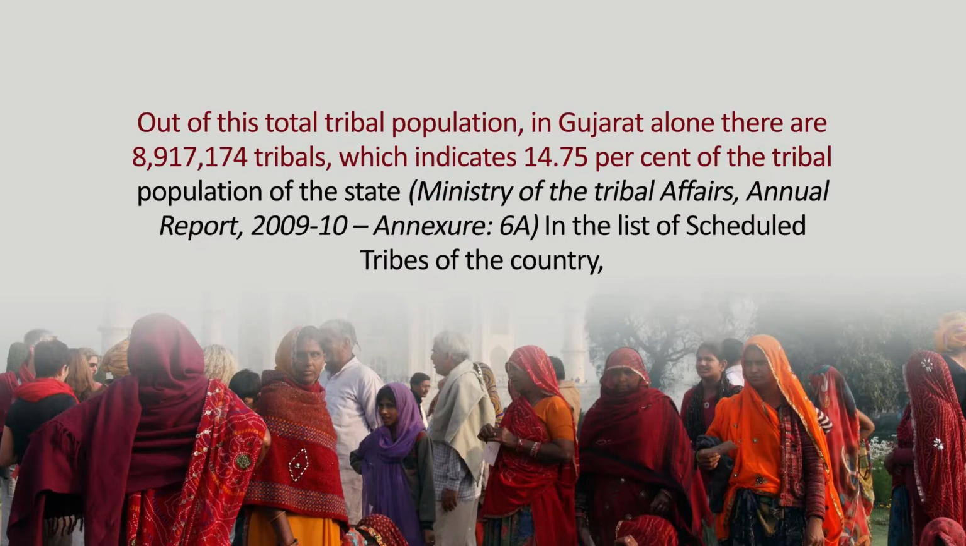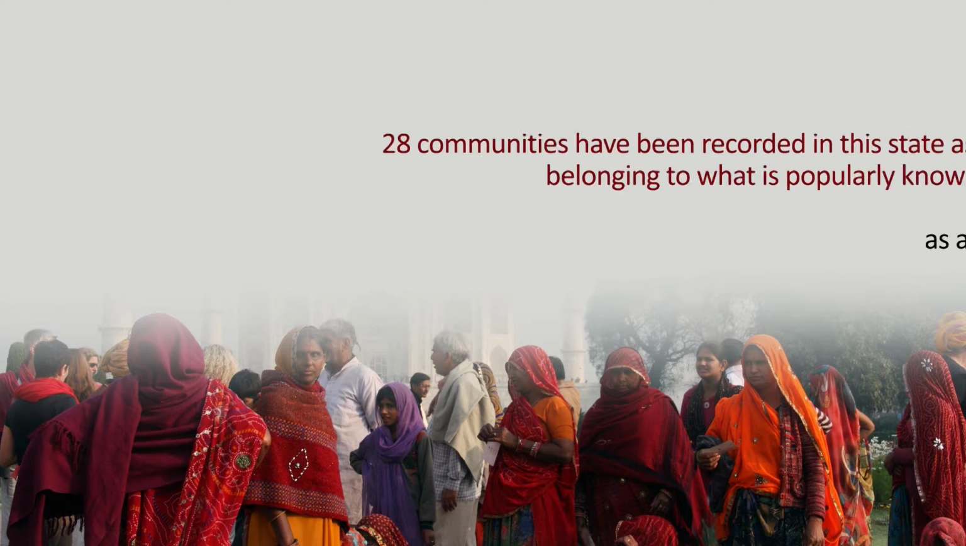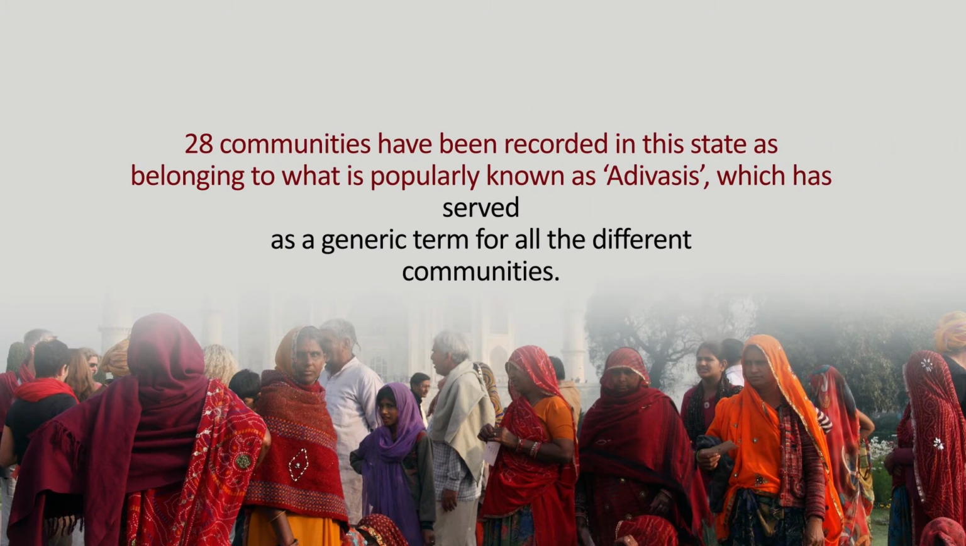The largest concentration of tribal people anywhere in this world, except perhaps Africa, is in India. It is interesting to note that there are 613 tribes inhabiting all over India. Out of this total tribal population, in Gujarat alone, there are 89 lakh tribals, which is 14.75% of the population of the state. In the list of scheduled tribes of the country, 28 communities have been recorded in the